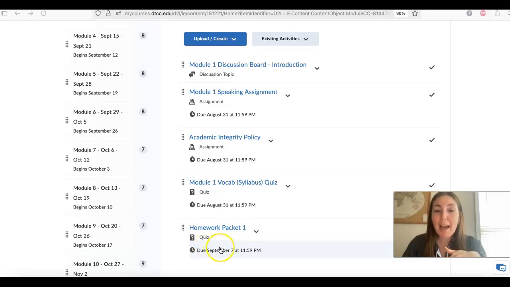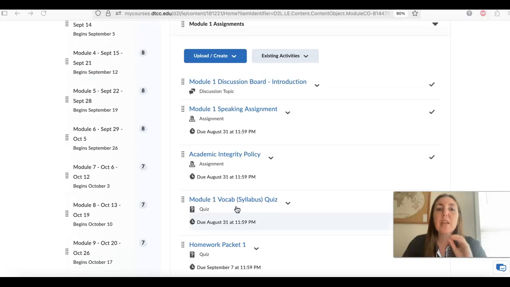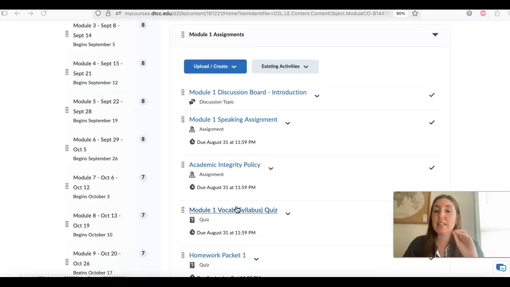The first homework packet, the due date is the end of module 2, which is September 7th, because for the first homework packet, you do need the book. So start it as soon as you can, but you do have until September 7th to actually submit it because you need the book for it. The homework packets are unlimited attempts, so you can do it as many times as you want till you get the grade that you want, and you can open them and kind of come back to them. The quizzes, you cannot.